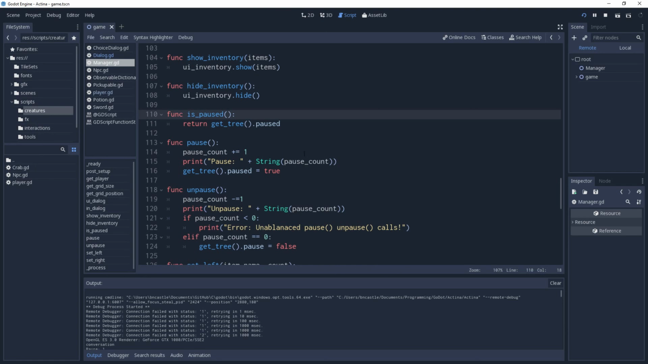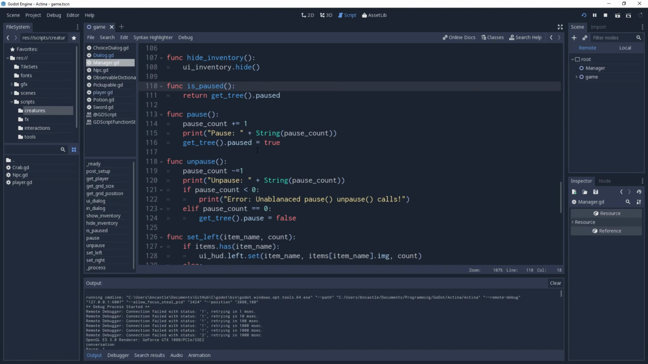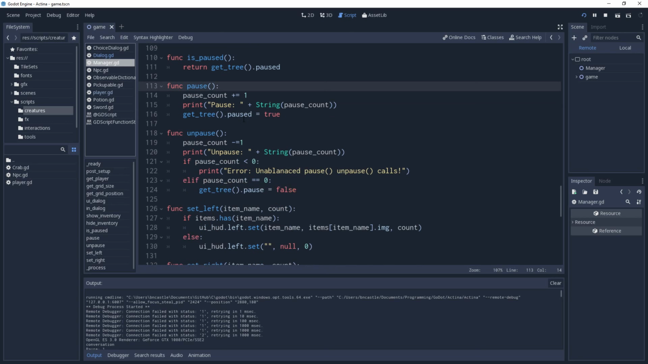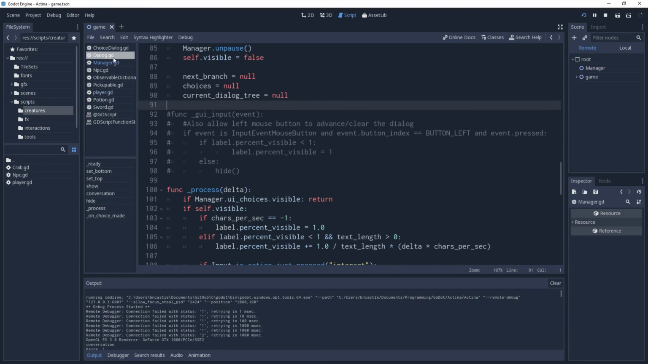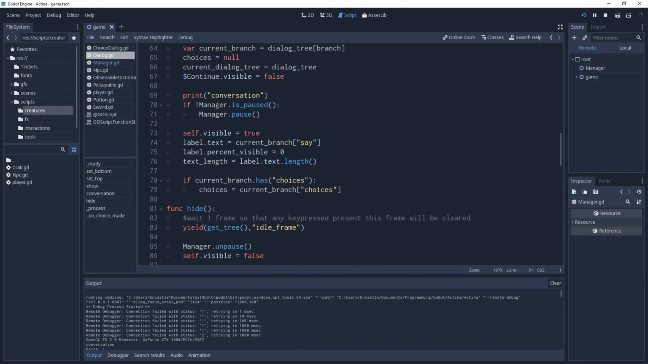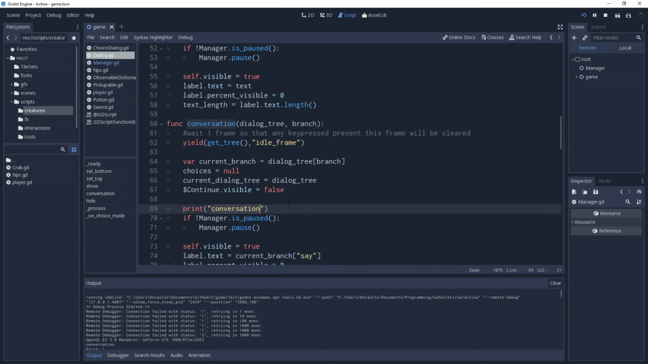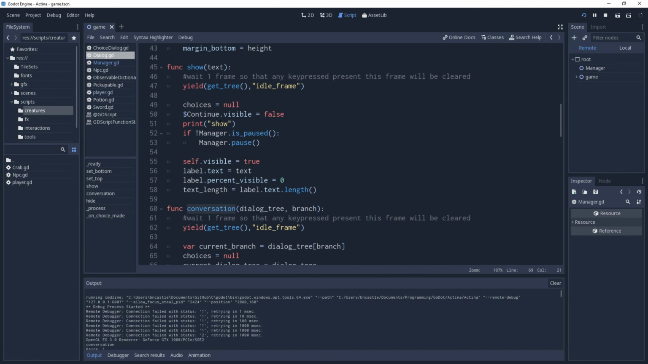Where is that? So it doesn't appear to be in. So we've got conversation, we've got